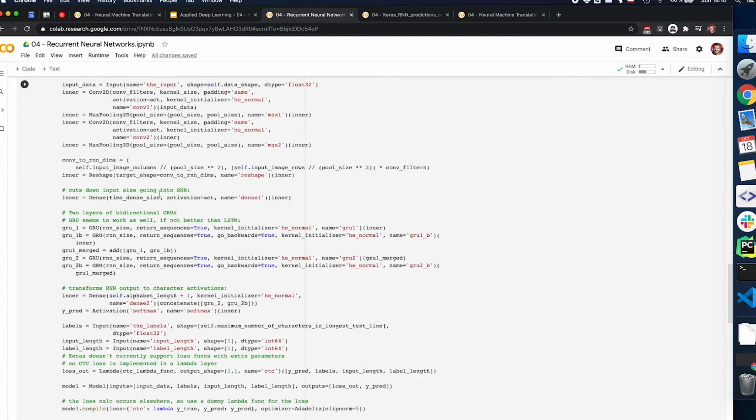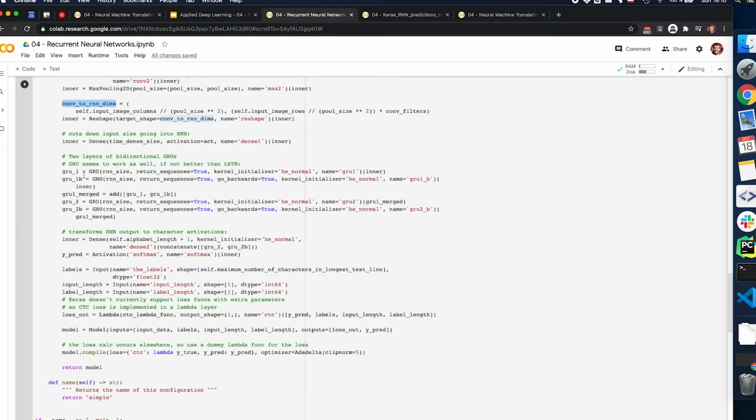And then when we extracted a certain number of features, we are reshaping this, basically flattening our features the same way that we've seen last week. And then we process this in a dense layer to make some sense out of it, to allow the network to cut down the input size before we go into the recurrent neural network,